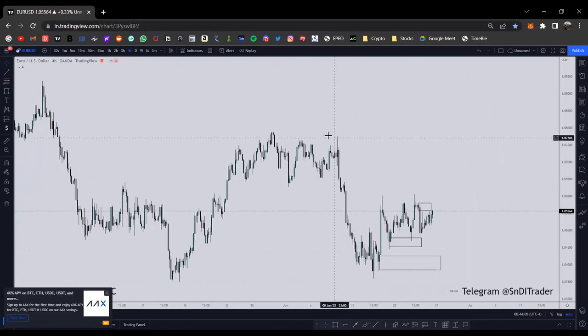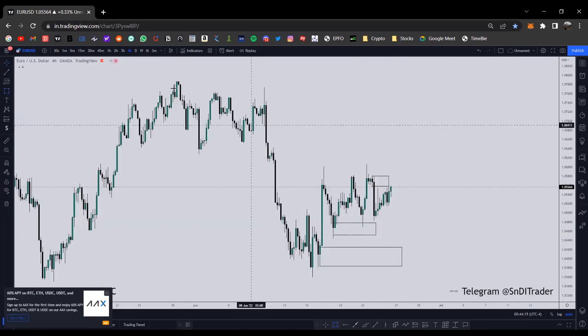So the last up candle or the down candle which is responsible for the break of structure towards the upside or downside. So the last up candle before the down move is a bearish order block, and the last down candle before the up move is basically a bullish order block. So in this case, you see this is the last candle which is responsible for the down